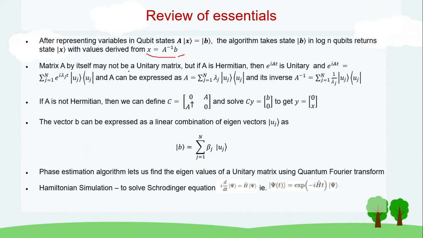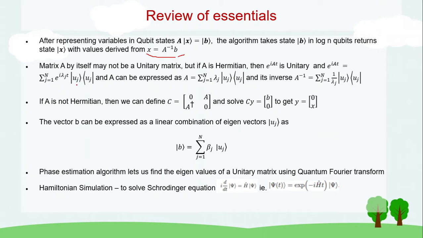Matrix A may not be a unitary matrix. Most of the time it will not be a unitary matrix. You know that not every matrix is a unitary matrix, and we have also seen what a unitary matrix is. Every gate should be represented as a unitary matrix in a quantum computer. But if A is Hermitian, then e to the power of iAt is unitary. That is one very useful piece of information, and it is used in this algorithm, and that can be represented by